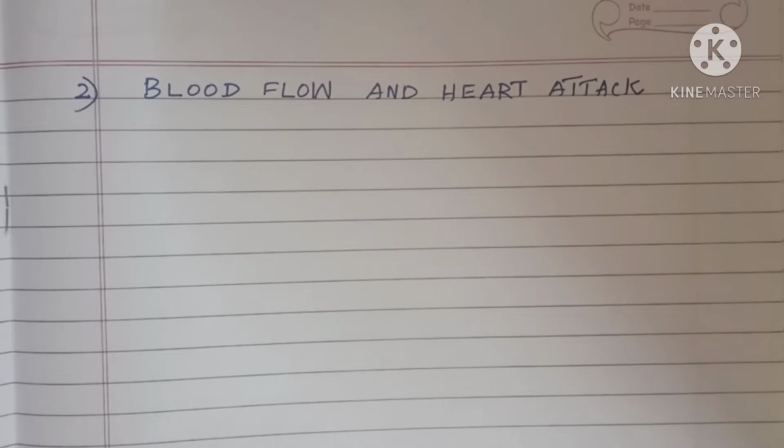So what will happen? The speed of blood flow increases in this region, and if the speed of blood flow increases, you know the pressure, that is the inside pressure, will drop according to Bernoulli's principle. So when the speed of blood flow increases in such a constricted region, the inside pressure decreases, and the artery may collapse due to the external pressure.